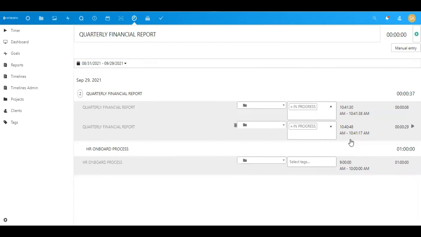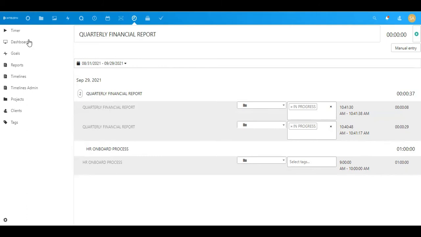It is not only restricted to this one, you can even add manual entries. And from here, you can even carry on as usual. Just by clicking on this, it will continue. This is on a weekly basis. You can keep it under last 30 days, last 7 days, or anything of your choice.